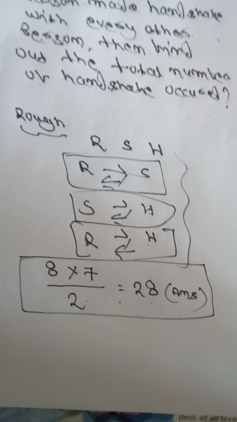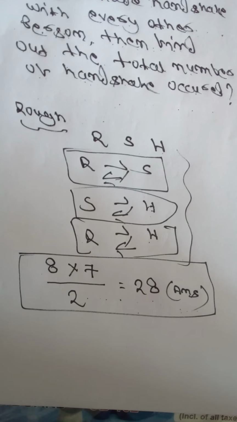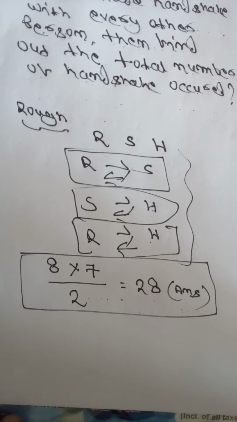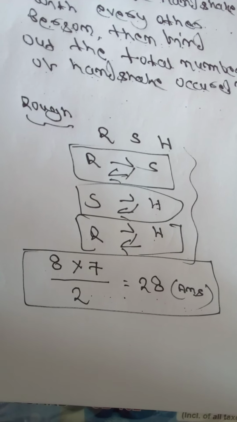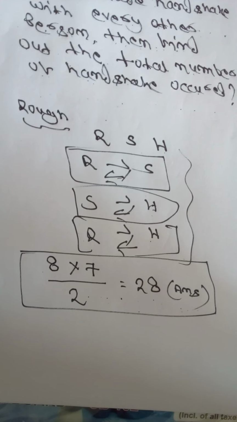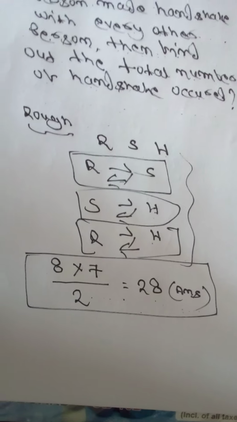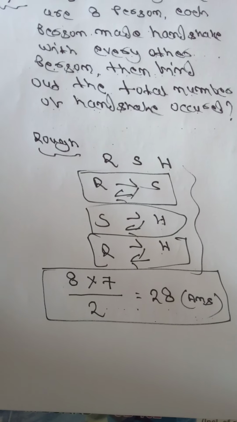So here you need not think about which chapter this question is asked from. You need not think about arithmetic calculation or any formula, n into n minus 1, n into n minus 1 divided by 2. If you just observe the concept, then you yourself will derive the formula. So that is a very short question, and you just see the question and write down the answer.